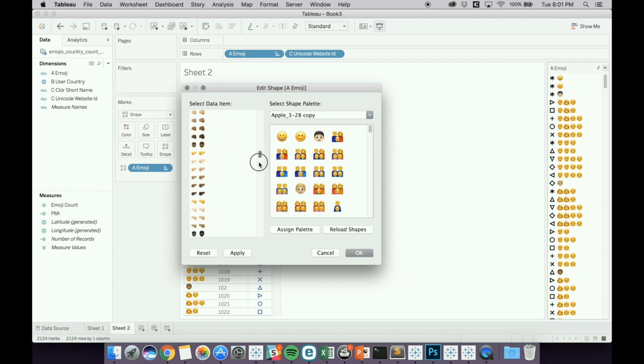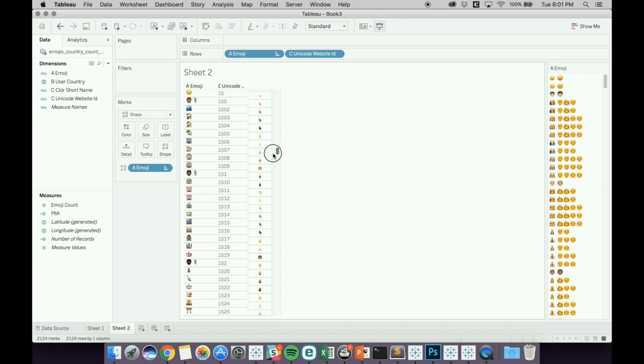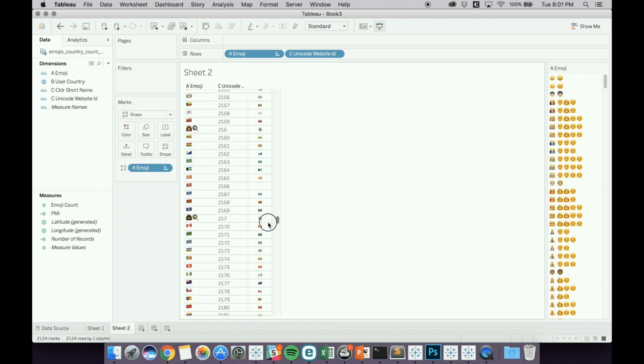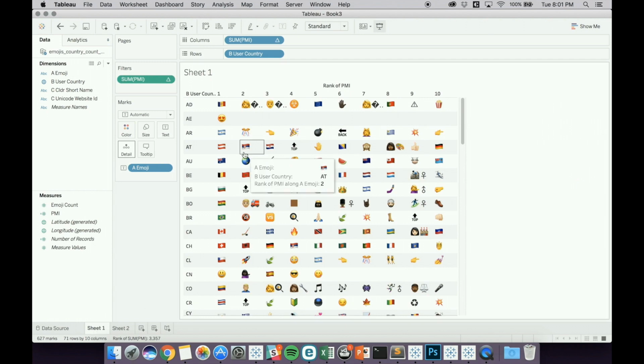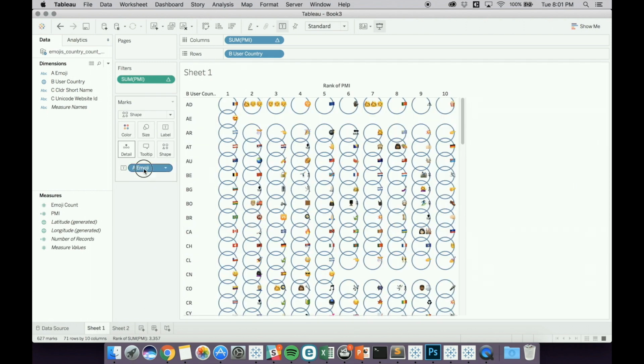And I use this trick a lot in a bunch of other future things that I'll be showing off. And so I'm just spot checking, making sure all of those things match. And so I go back into the viz I was working on, and I replace the text that I'm using with